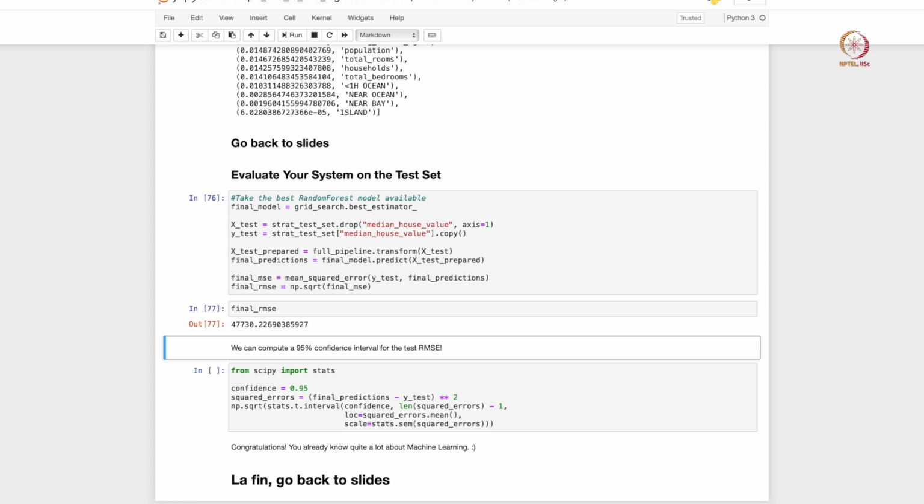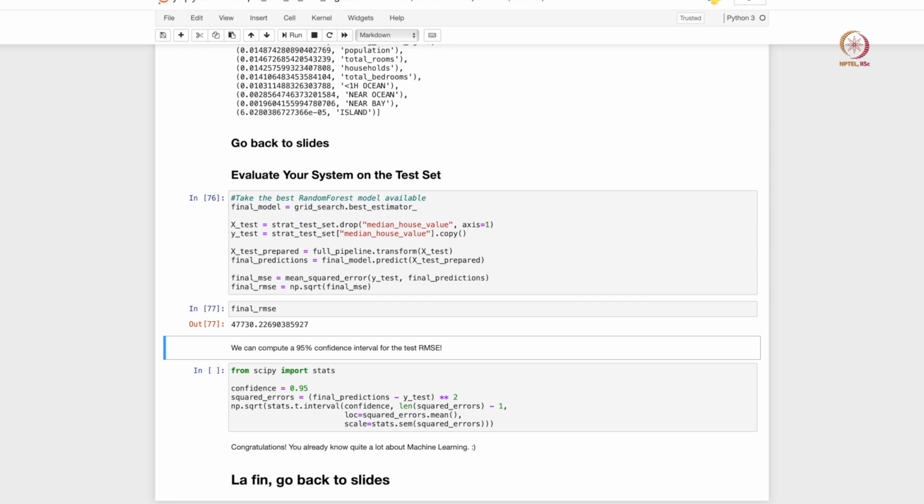If you take the random forest model, you get a root mean squared error on your test data set of about $47,000. Remember that the best random forest model with our cross validation errors had an error of about $49,000 on our training set. On our test set it has an error of about $47,000, so the errors are comparable, which implies the model is actually pretty decent.